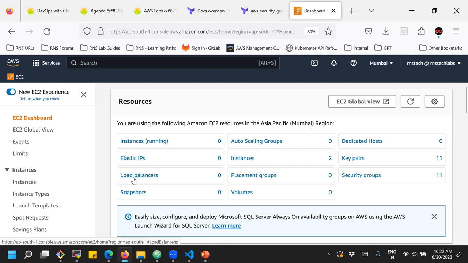You can create load balancers, but how many do you have? Then snapshots, and auto scaling groups, which is a dynamic scaling approach to manage EC2 instances, but we haven't created a scaling group yet. But I do have some EC2 instances; it is showing a count of two. If I go to the instances section, you can just click here. It will